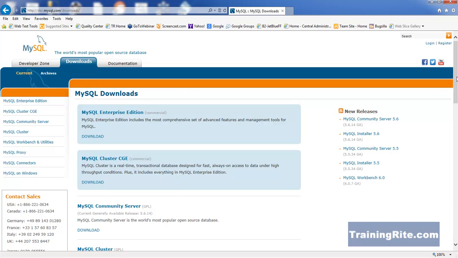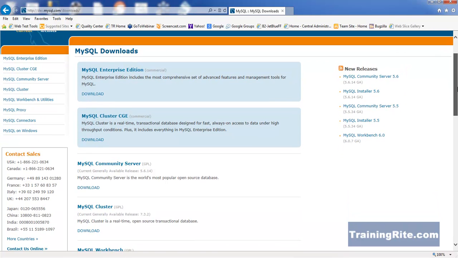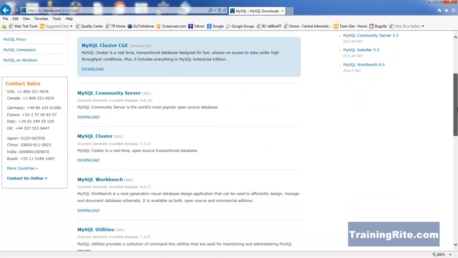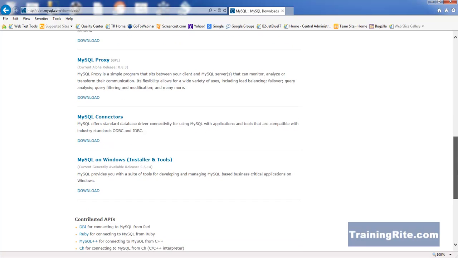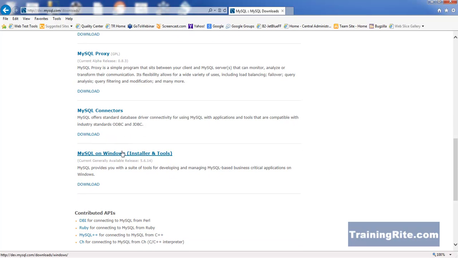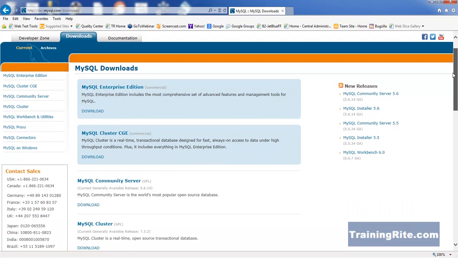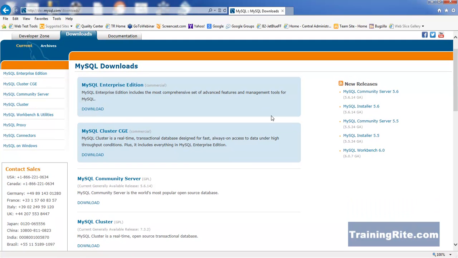And under the download tab, depending on what machine you have, in terms of what operating system you have, you could go down here and then take that. So right now, as you can see, this is for MySQL on Windows. So you could either do that, or when you go up here, you could also be taking the different types of databases they offer. Like there is a MySQL Enterprise Edition and all that. So we're going to be